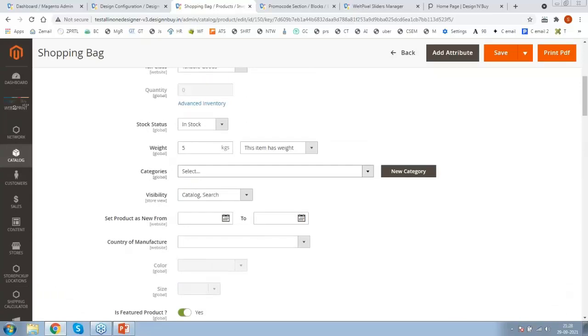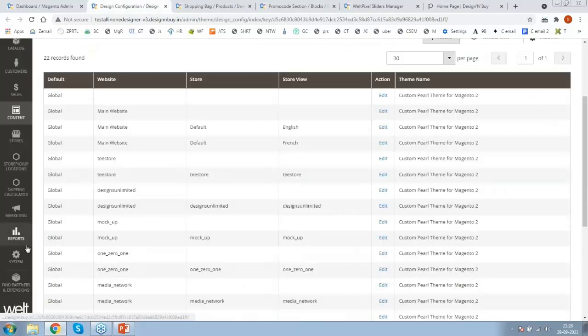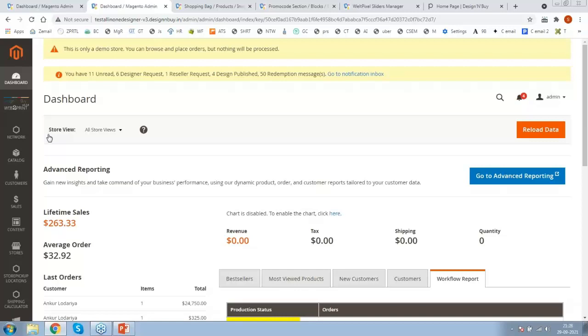This is the setting that is managed at product level, but entire section or segment is getting managed at the CMS level. Means again, content, you can see the widget. Under element we have widget. Here